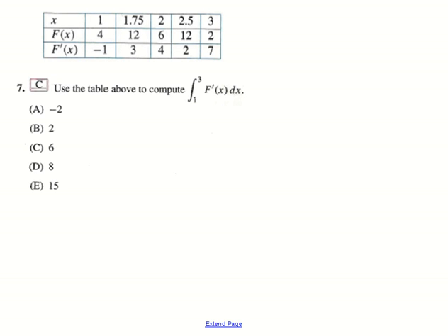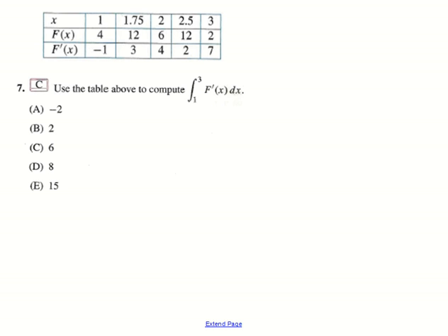All right. I'm going to be working some of the problems that you guys asked me to do in class. So I'm going to start with number 7. Remember, these are on page AP5 in your textbook, and those AP pages are going to start right after page 356. And number 7 says, use the table above to compare the integral from 1 to 3 of f prime